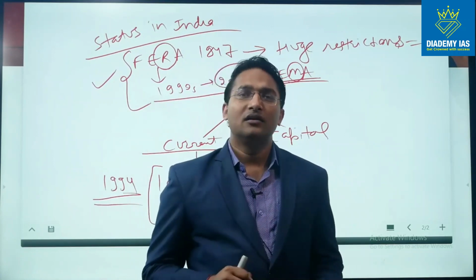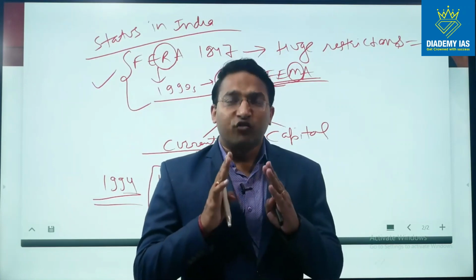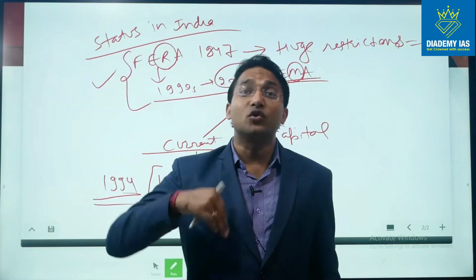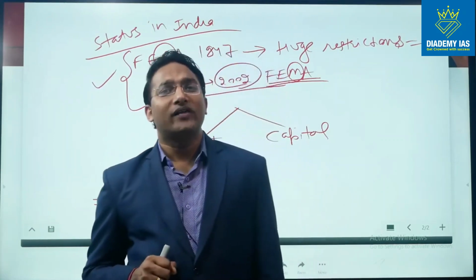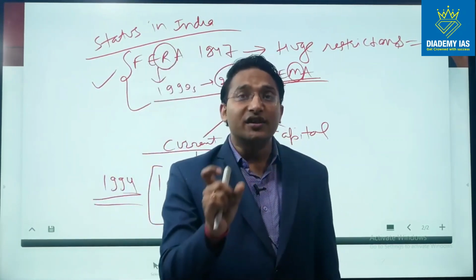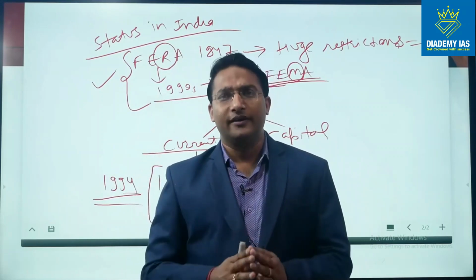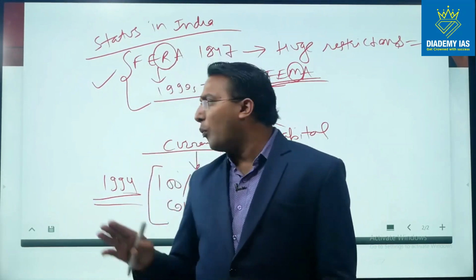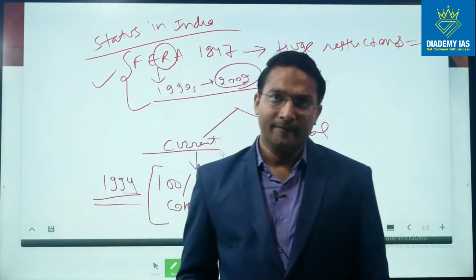In 1991 India faced balance of payment crisis. So the foreign exchange reserves in India were very low. We were not in a condition to even repay the payment for the import. So at that time we took the support of the IMF, International Monetary Fund, and IMF put many restrictions. IMF said that you have to open your currency convertibility. So as per the IMF conditions, we opened up the current account convertibility, or we made it fully convertible.